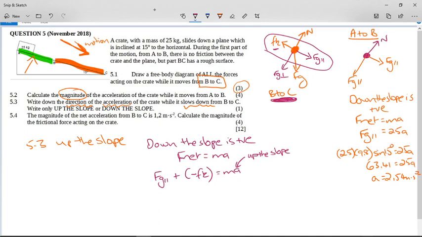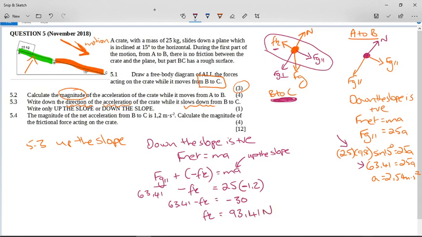So when we substitute here, for Fg parallel, remember we worked out Fg parallel over here is 25, the mass, times the acceleration due to gravity times the sine of the angle, and we get 63,41. So 63,41 minus the force of kinetic friction, which is what we're trying to find, equals the mass, 25, times the acceleration. Now they said to you the magnitude of it is 1.2. But you must realize acceleration is a vector, and we are going to substitute negative 1.2 into here. So we get 63,41 minus the force of kinetic friction is going to be equal to, what is this? This is negative 30. So the force of kinetic friction is going to be 63,41 plus 30, which is going to be